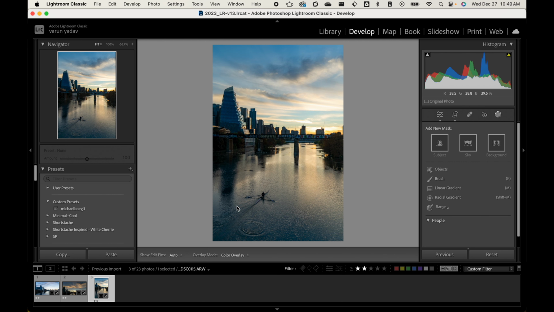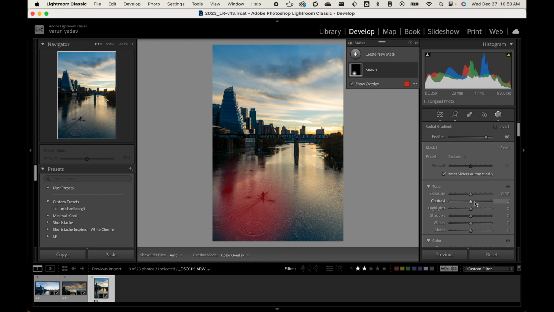And now what I want to do is create a mask to highlight this guy in the kayak. So we'll create a radial gradient, and let's increase the exposure a little bit so that we can see this guy, and increase the highlights. So we can play around with these settings and see what looks nice. And as you can see right now,